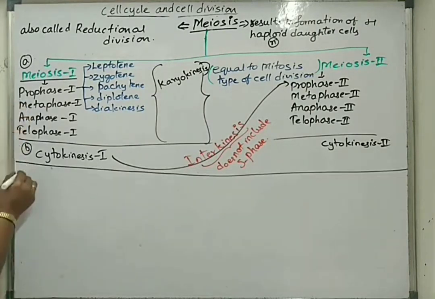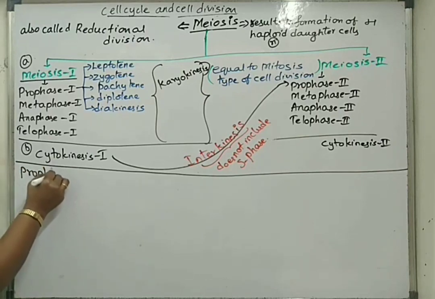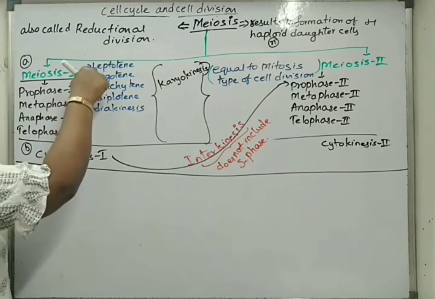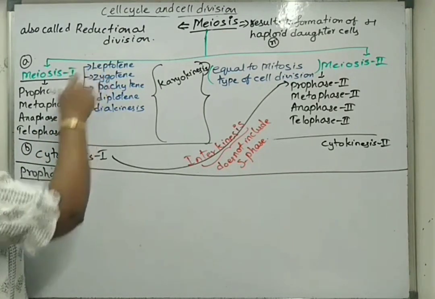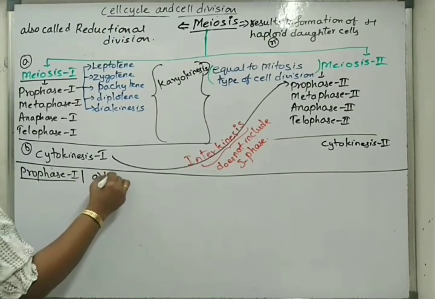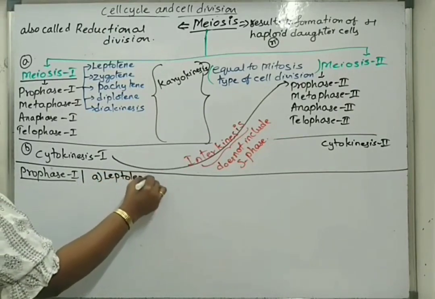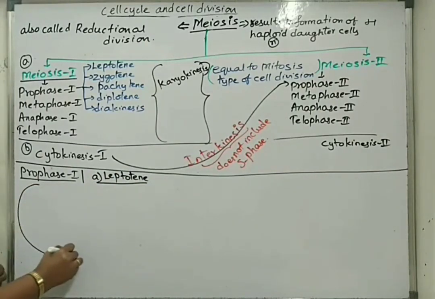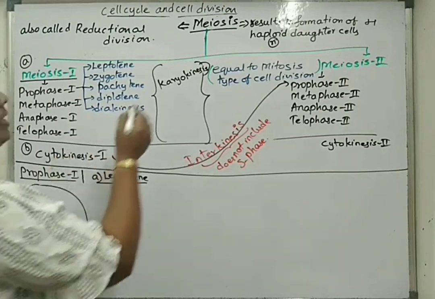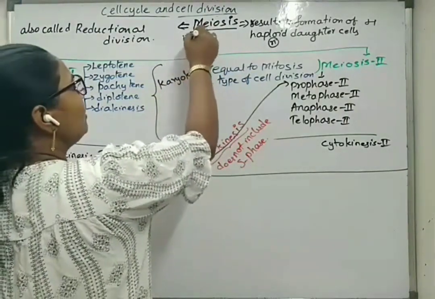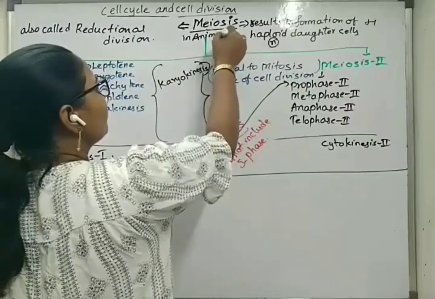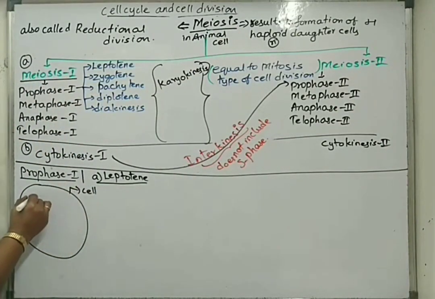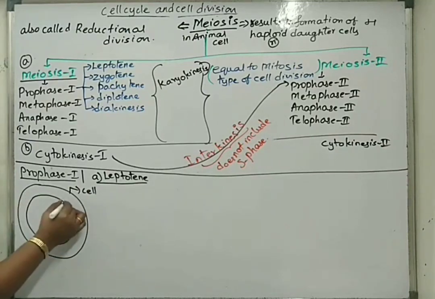First one, prophase 1. Under prophase 1, we said that there are 5 different substages. First one is leptotene. Under leptotene, what is happening? If this is an animal cell, we'll write meiosis in animal cell. If we take this one as a cell, and this is nucleus,